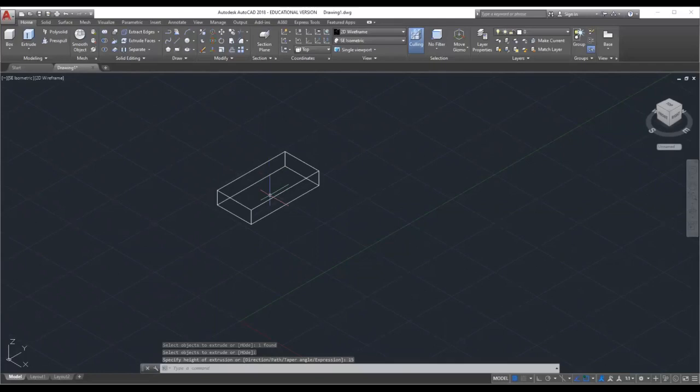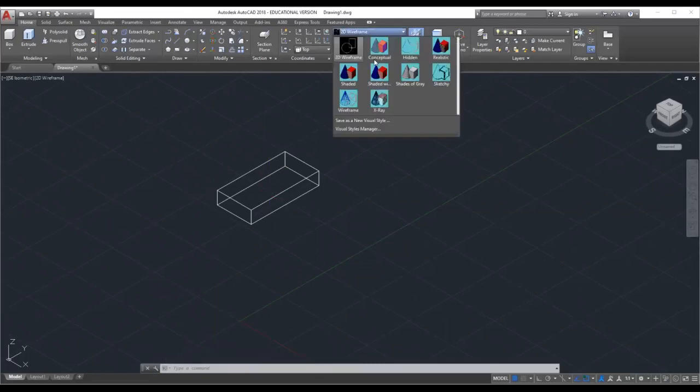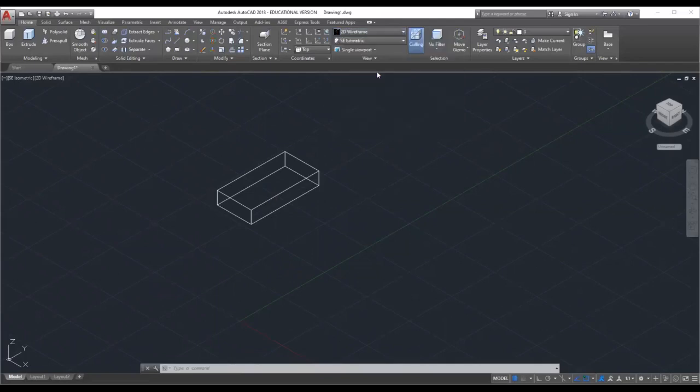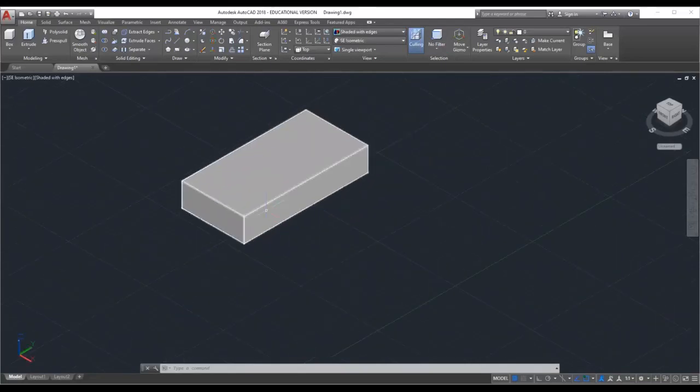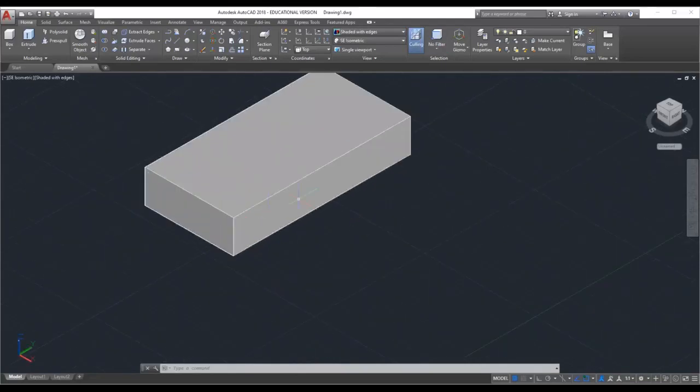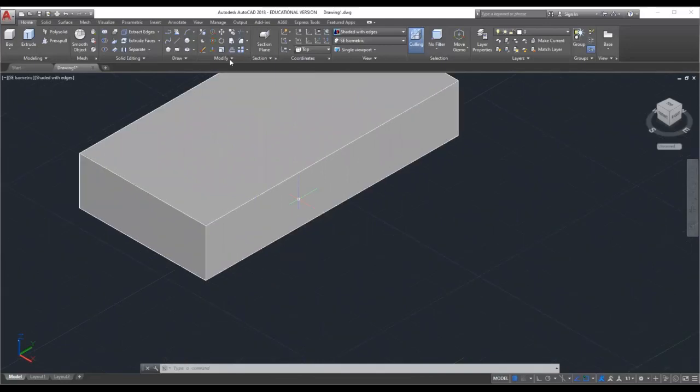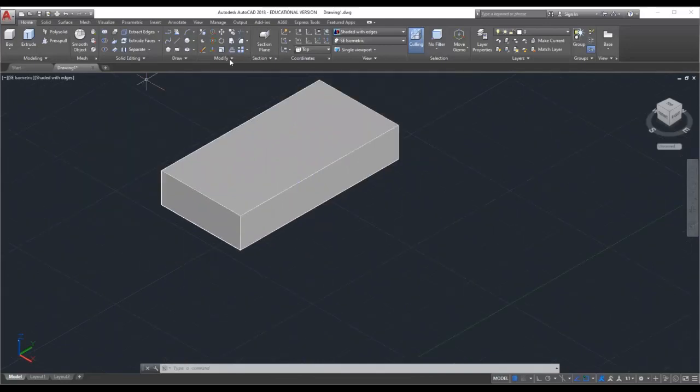Now we have to change the 3D visual style from 2D wireframe to shaded with edges, or conceptual mode, or hidden, or realistic. So I'll click on shaded with edges. Now we have to create a circle from this center.